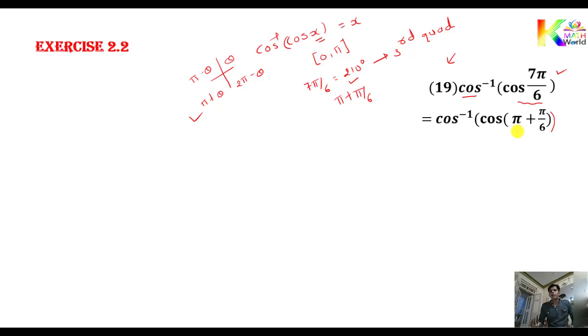Okay, so now pi plus theta is the third quadrant. Using all STC, only tan is positive while cos is negative. So what is the answer of this whole thing? At pi the function is unchanged, but the value will be negative, since the cos function is negative in the third quadrant. So what should be the answer? Minus cos pi by 6. So we get cos inverse of minus cos pi by 6.